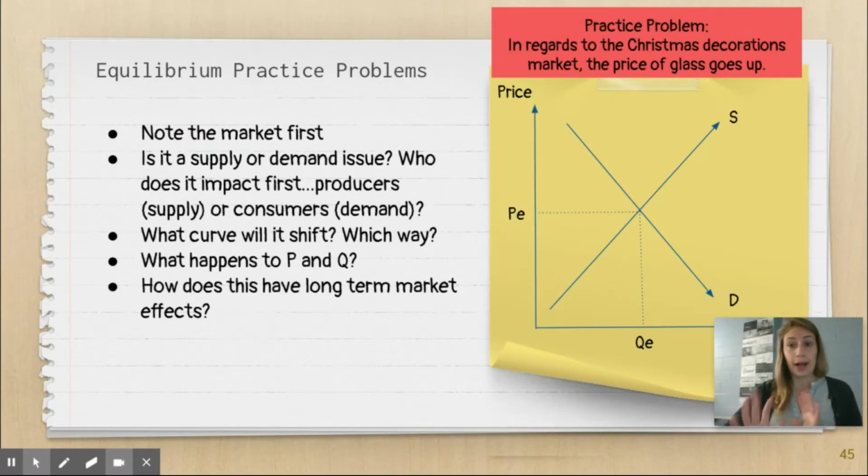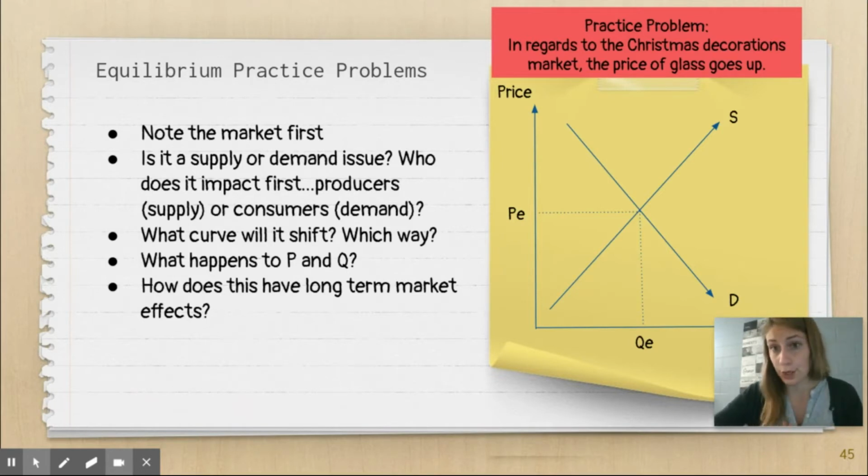So here's some practice problems, and things to remember is that we want to note the market first. What market are we looking at? So our practice problem here is Christmas decorations. So our market is Christmas decorations. The price of glass goes up. So when we think about this, are we looking at demand or are we looking at supply? Who does it impact first? Is it going to impact the producers if the price of glass goes up, or is it going to impact the consumers, right? So in this instance, it's going to